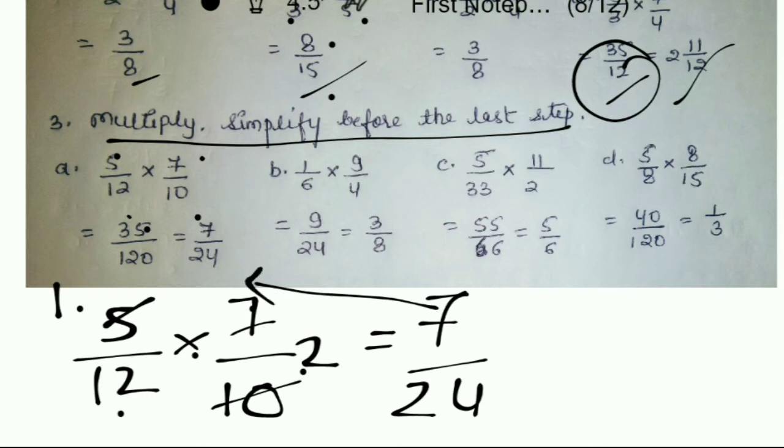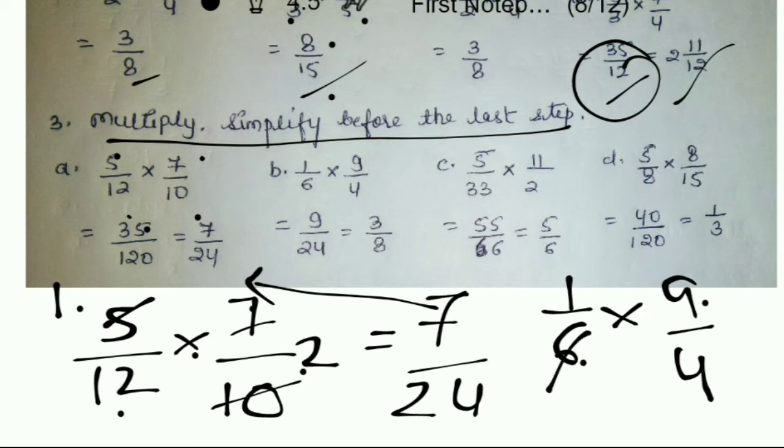Okay. So now in this one, 1 by 6 into 9 by 4. See, 1 by 6 into 9 by 4. We know that in the 3 table, 6 will come and 9 also. So how many times? 6 will cancel by 2. 3 2s are 6 and 3 3s are 9. So here will come 1 into 3 is 3 and 2 into 4 is 8. We get the same answer. So either by cancellation or by multiplication we can solve it.